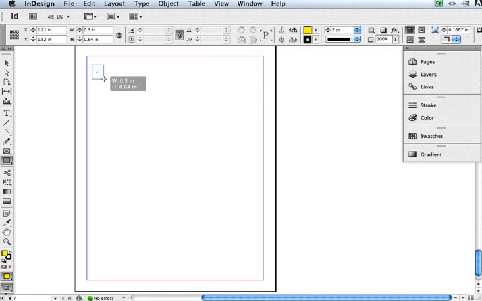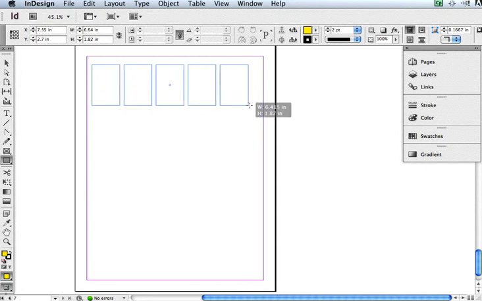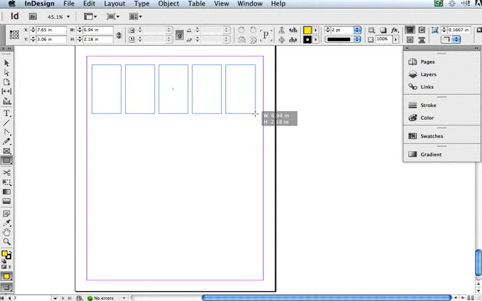And as I drag on my keyboard, if I want more of the same shape on the row, so across from left to right, I push the right arrow and you'll see it just starts popping up. Every time I push it, a new shape gets added. Now if I want more from top to bottom, in other words more in the column, I push the up arrow